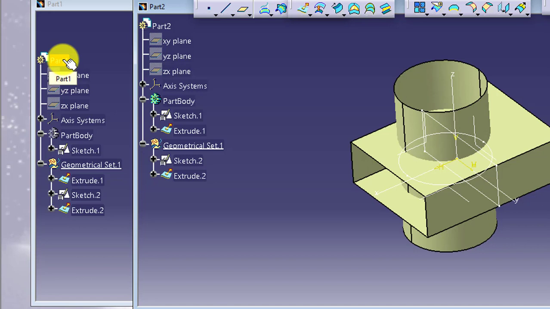If you want to work with a combination of solid as well as surface design, then turn on your hybrid design, then your part body will start accepting the surface creation features as well. Otherwise, if hybrid design is off, then whatever surface creation feature you apply, by default it will go into geometrical set. I hope this is clear to you all.